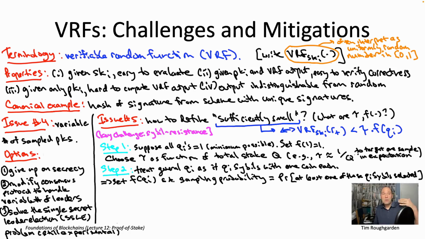And so what's cool is you can see, without doing any computations, without any formulas, why this approach must give you Sybil-resistant random sampling, why a node cannot affect its sampling probability, why it does not matter how it spreads its stake over various accounts. Because at the end of the day, however many accounts it uses and whatever the balance of each of those accounts, ultimately its Q_i total coins are going to be treated as Q_i Sybils in total. So it literally just doesn't matter how you split across accounts. Your sampling probability at the end of the day is going to be the same no matter what.